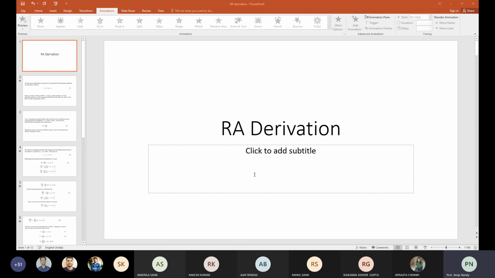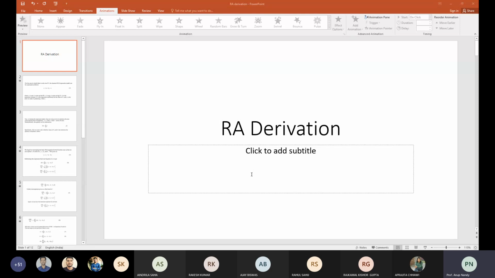Now where the xi's are observations or samples, so these are called the independent variables x1, x2, x3, and yi are called the dependent variable. And you need to estimate a straight line in such a way that all the data points will be fitted. So you need to find this b0 and b1. So b0 is called the regression constant and b1 is called the regression coefficient. Okay, so now we'll see that our objective is that.